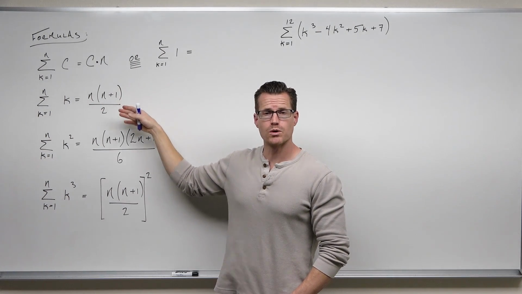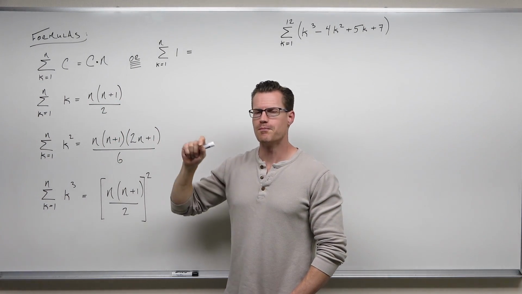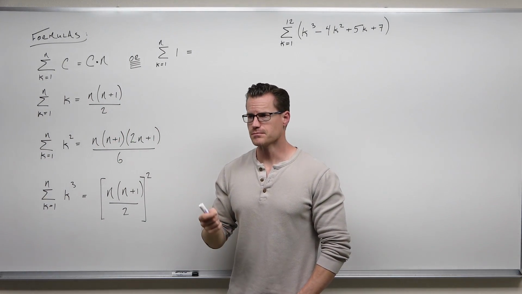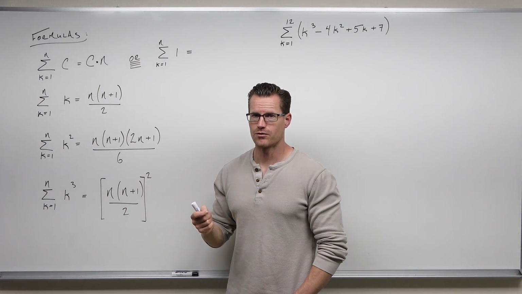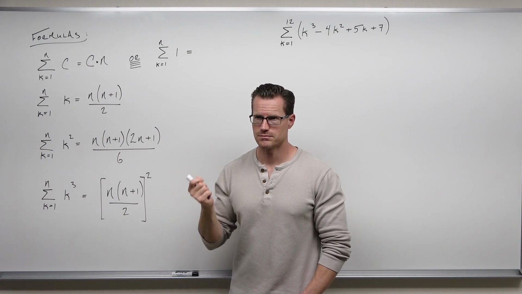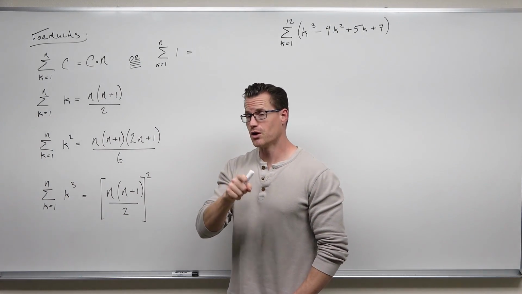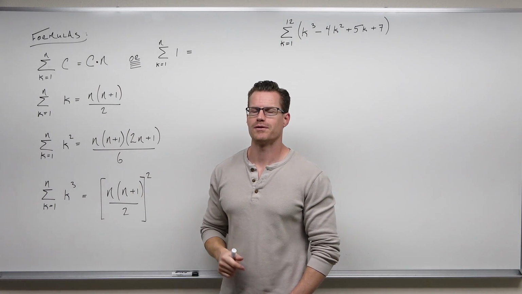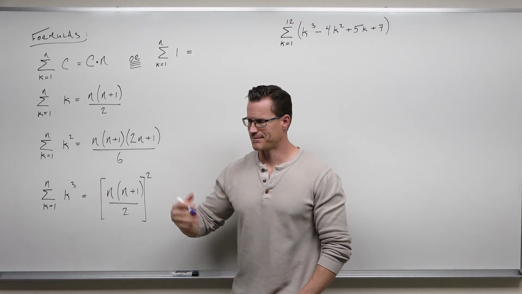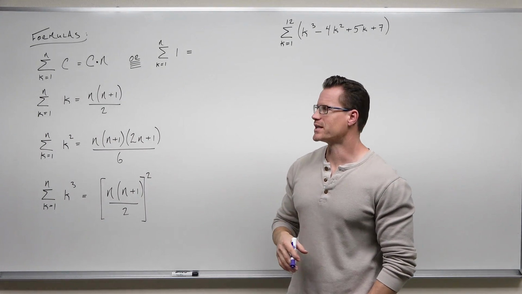But the rest of them would require proof. We prove most of these by induction. If you want to know where they came from originally, you could ask someone like Carl Friedrich Gauss. Well, you can't, because he's dead. But if you could, he solved that by himself at around the level of 5th grade, which is insane. He did it in like, I don't know, a couple minutes, because he was super genius.